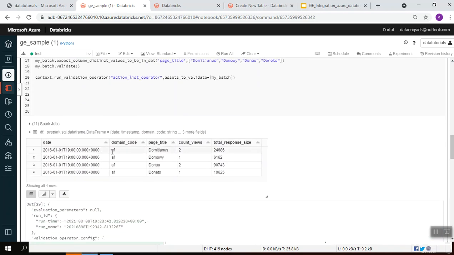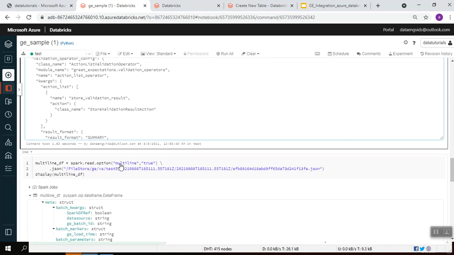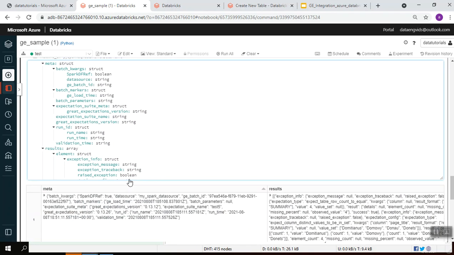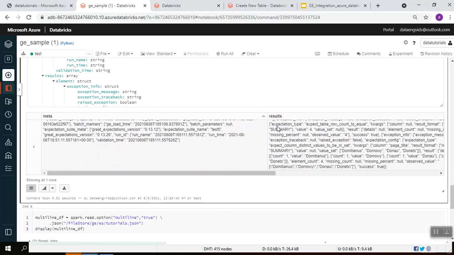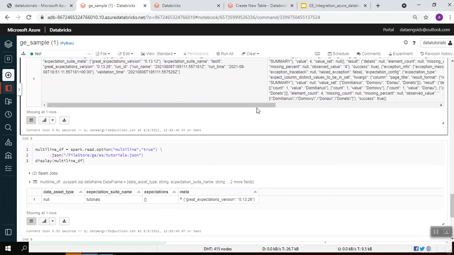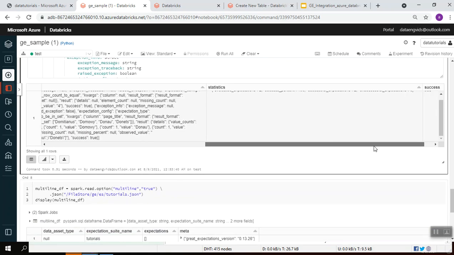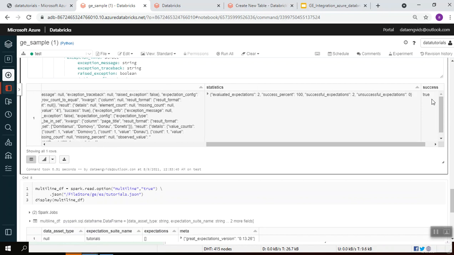I have only four records in this file. We'll see the results. For both test cases it returns true.